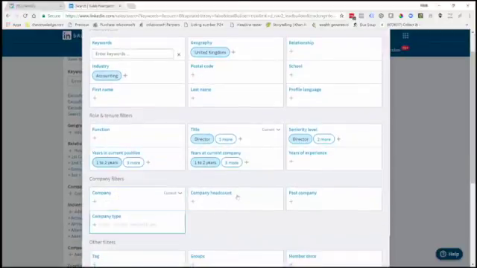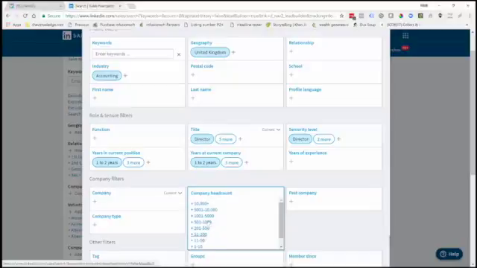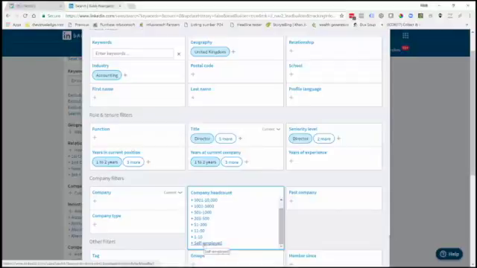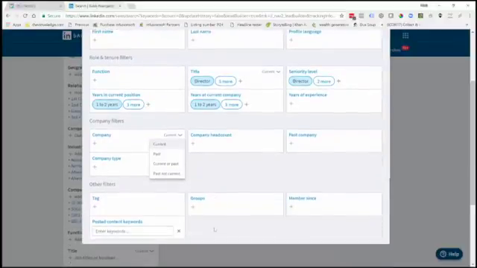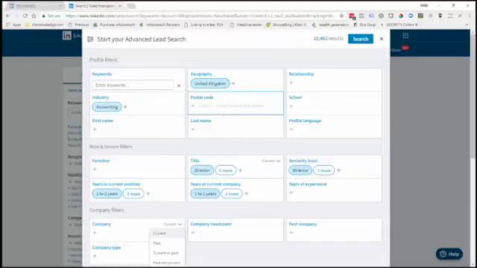Now, you can go to company headcount. So you can say if you are looking for a certain size of companies, right? You can choose here. So if you want to work with self-employed, then go for that. If you don't want to work with self-employed, you go for some of these other ones, depending on how many people need to be in the company, right? So then you want to take a look at what is their current company, past or current, okay, past. I don't really look at these things. This is getting really specific. So I don't really look at that, but even if we just go to this, right, we've got